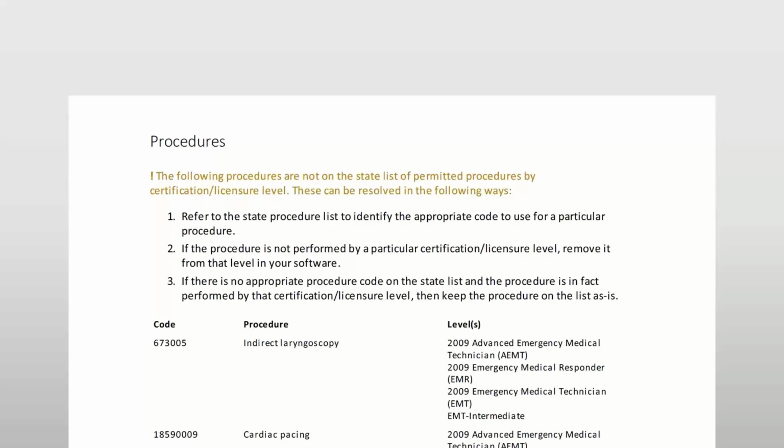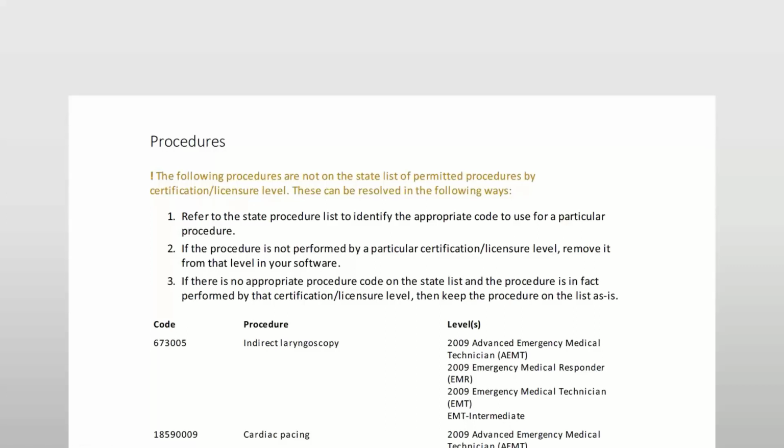Next is the procedures list. This section will list any procedures that your agency reports that it uses at various license levels that are not on the statewide procedure list. For example, this particular agency reports that indirect laryngoscopy is used by their EMRs, EMTs, AEMTs, and intermediates. On the statewide list, indirect laryngoscopy is only on the paramedic list. So this agency can resolve this particular issue by removing indirect laryngoscopy from the procedure lists for its lower licensure